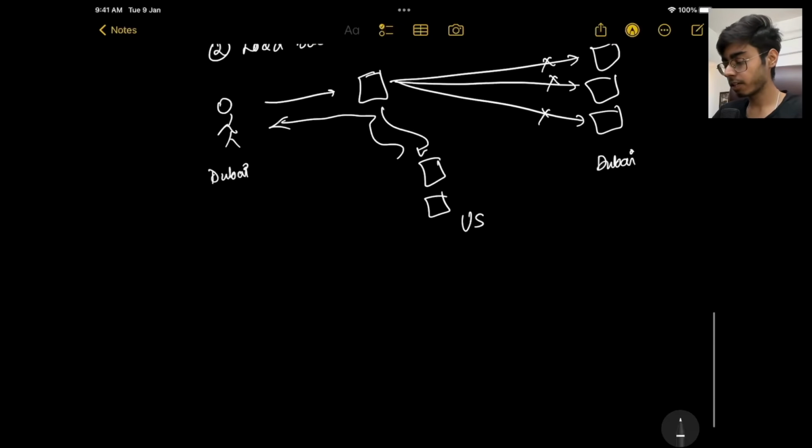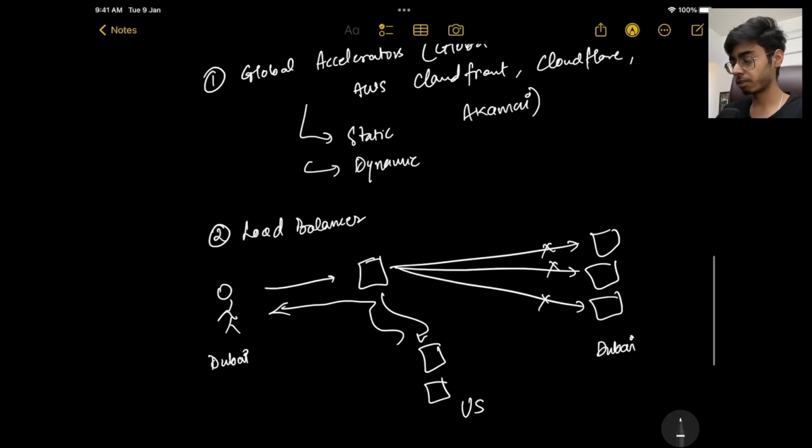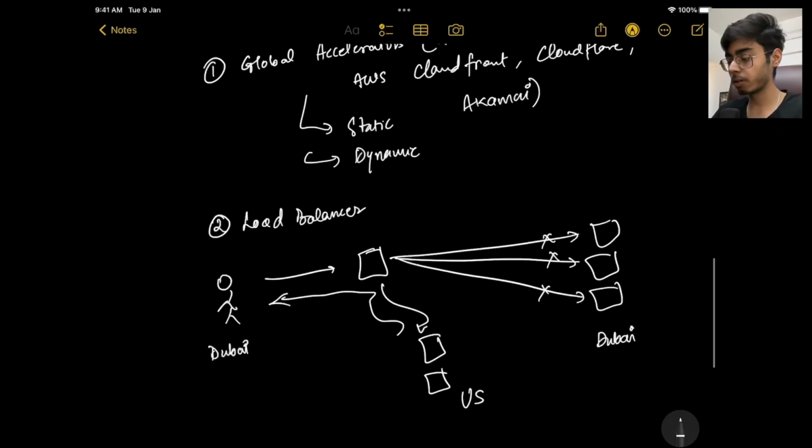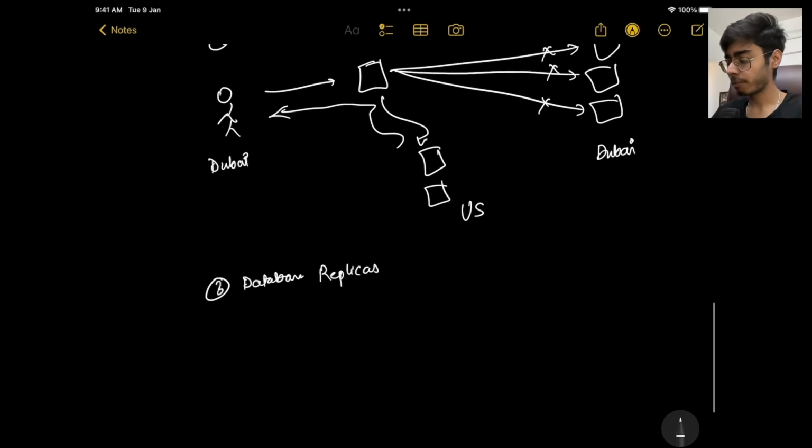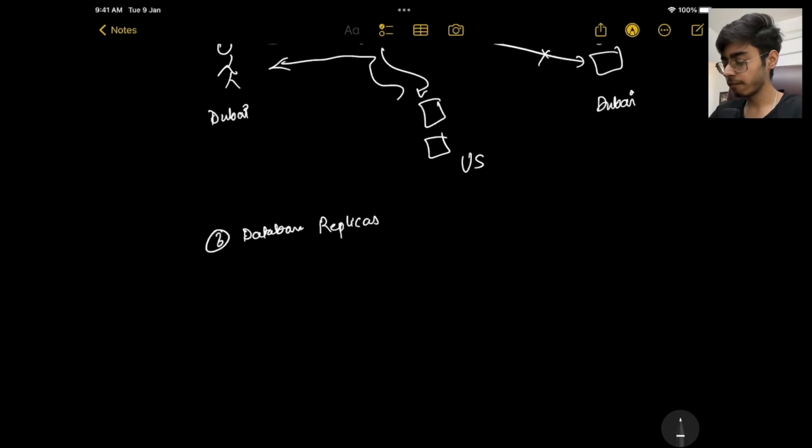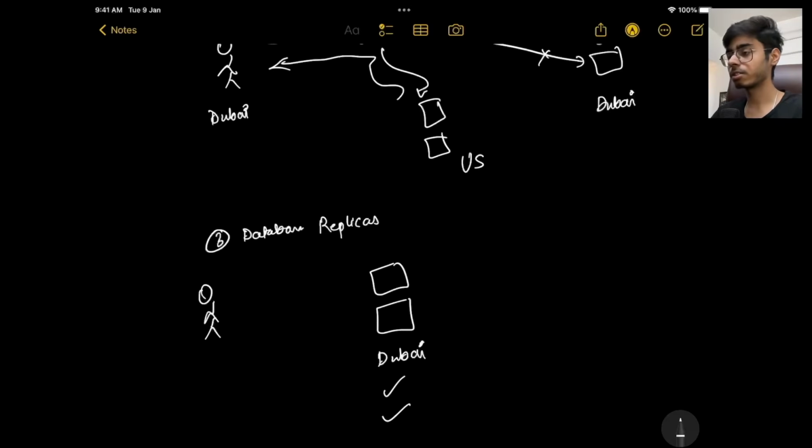The third thing is your database replicas. Till now we saw the replicas of our servers, which are able to store the global content, like your images, blogs and everything. That is a different thing. But I'm talking about the database replicas. If there is a user in Dubai, his data should be there in Dubai itself. It is better to save it in Dubai, because some nations have compliance requirements. So that will also be achieved, and low latency will be achieved. And yes, these are the main advantages, right?